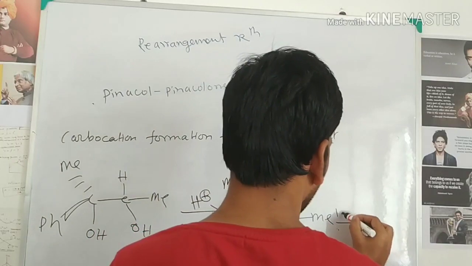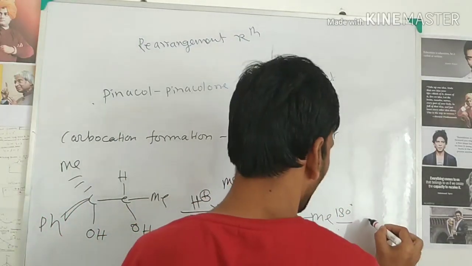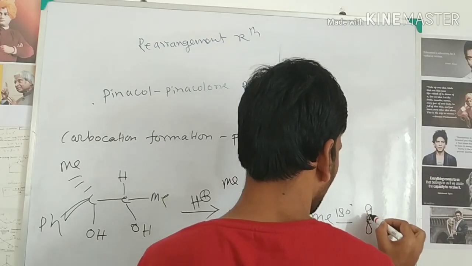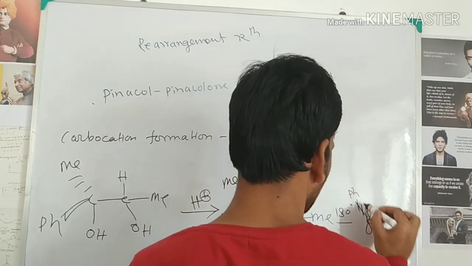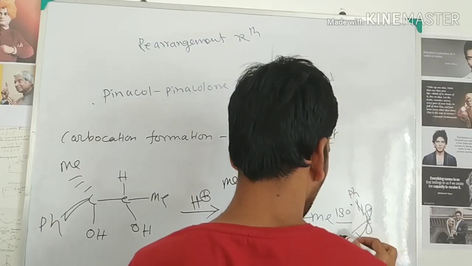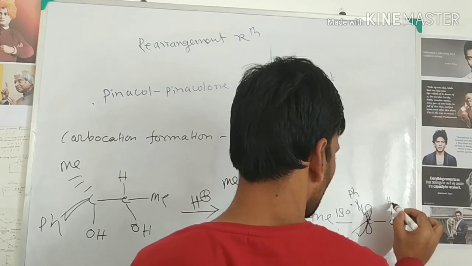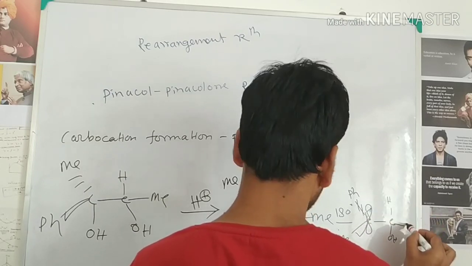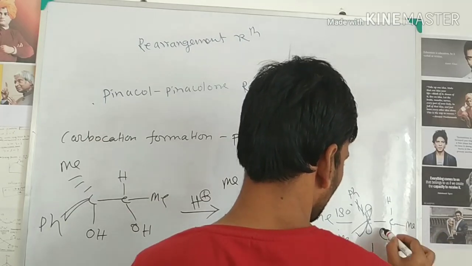That means 180-degree rotation. There is enough time to rotate. So this carbocation is formed here and also here, and this is the final product